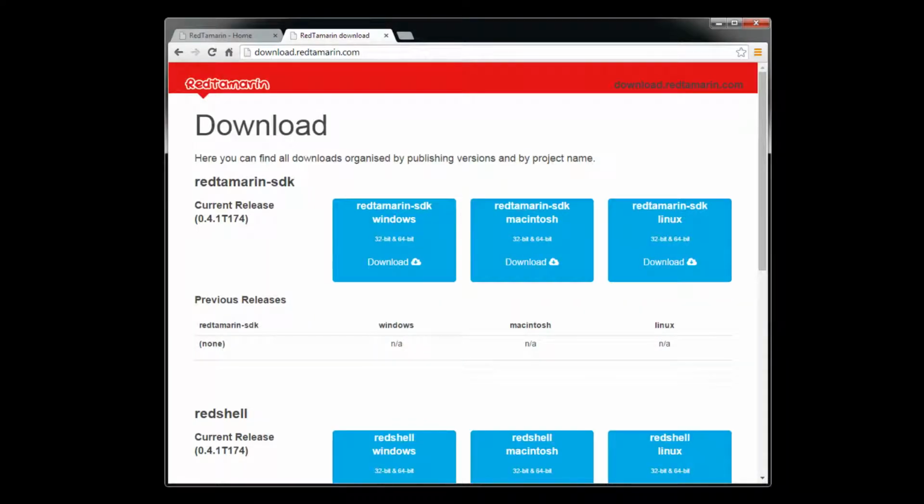And from that point, we go to download.redtamarin.com. Here it's simple. You have all the SDK listed by version number. The last one will be in a blue box, and if there is an older version, previous releases, it will be listed underneath. But so far it's the first release, so we only get those. So you download the SDK,